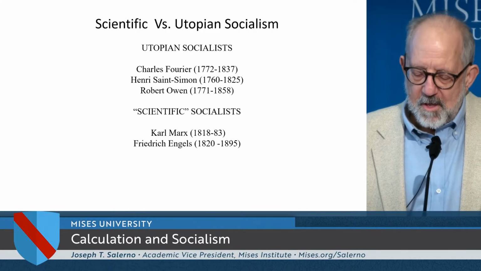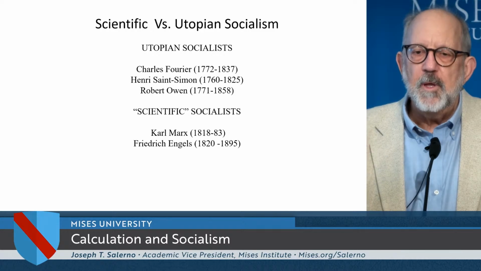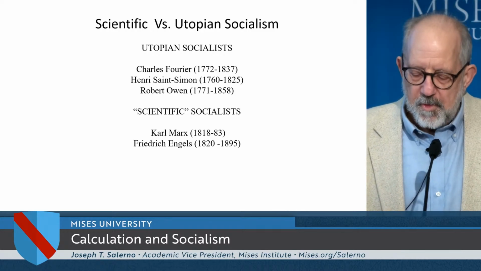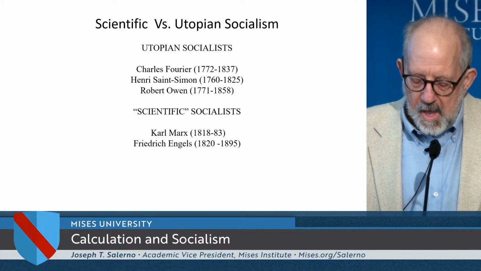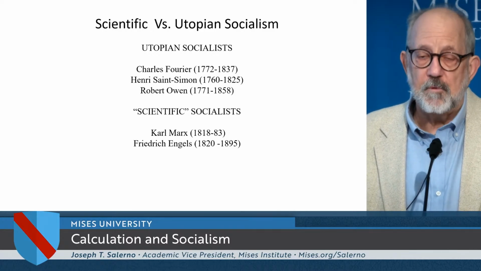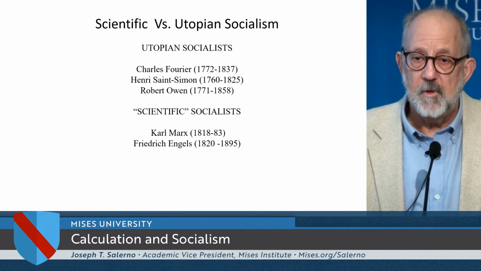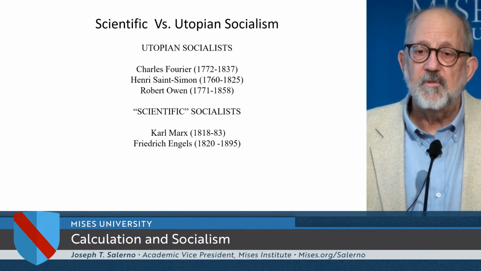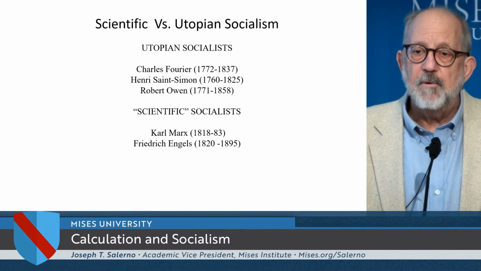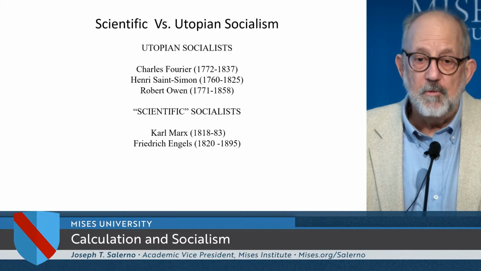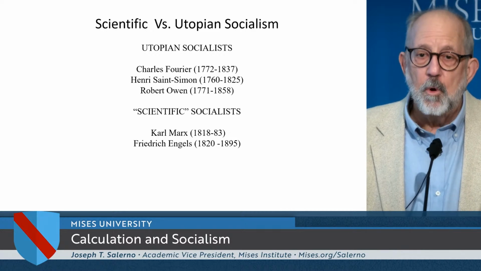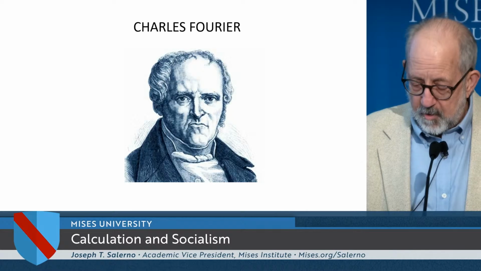Okay. Let me just start with the difference between two groups of socialists. One were the so-called utopian socialists. They were the earlier socialists, and the other was, quote, scientific socialists. Scientific socialism was developed by Karl Marx. And it was really a polemical ploy. It wasn't an actual system, but it was a way to shut the utopian socialists up, who were all crazy, as we'll see. I'll give you an example of that.